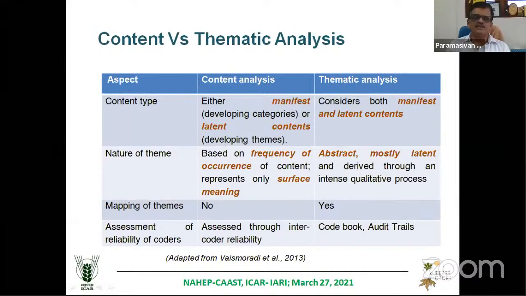So you can go for either this or that in content analysis, but thematic analysis considers both the manifest as well as the latent contents. Some person will be reading a paragraph and coding it, and then another person will also read the paragraph and code it. We will be comparing whether the coding strategies of both people are the same. But in content analysis, whoever reads it, the frequencies will be the same. There will not be any changes.